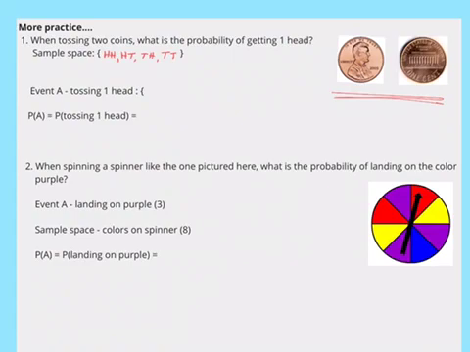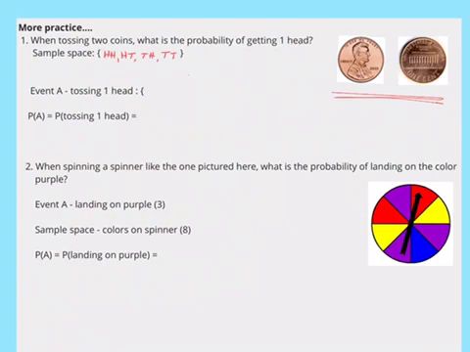Depending on what we're using to find our probability, sometimes we can generate the sample space by just listing out possibilities. Sometimes we might need to create a tree diagram to help us. For this one, tossing 2 coins was not difficult to generate all the possibilities, but if we were tossing 3 or 4 coins, it might get a little more difficult.